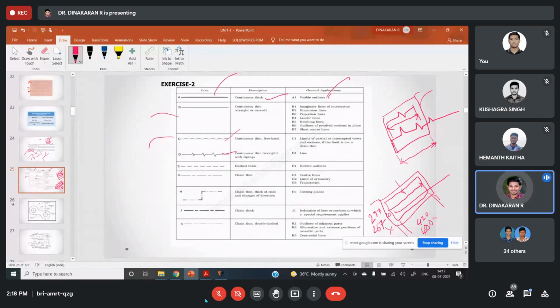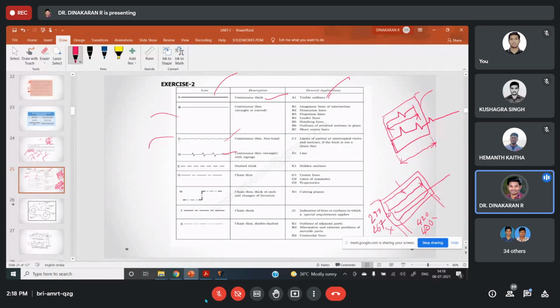If I told the line is 5000, we need to reduce it with a zigzag and we draw it. I want to mark the dimension. Do we need to mark the original dimension or the drawn dimension? You need to mark only the original dimension.